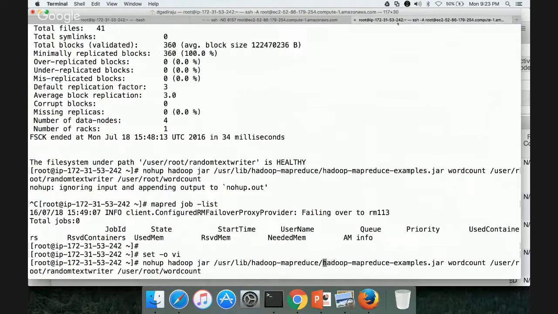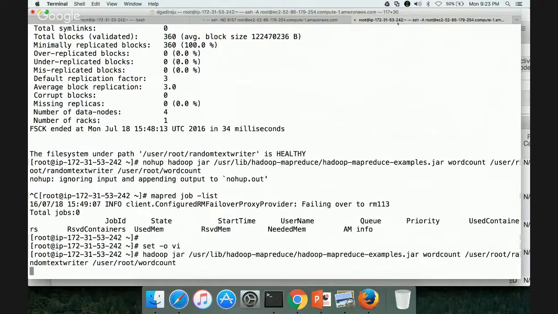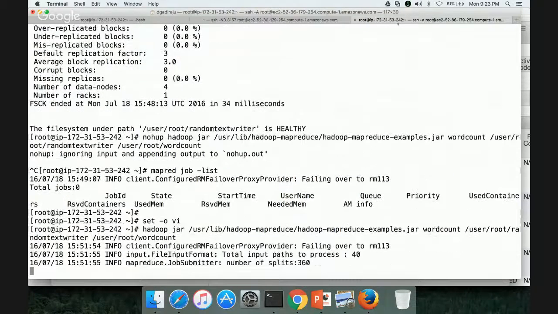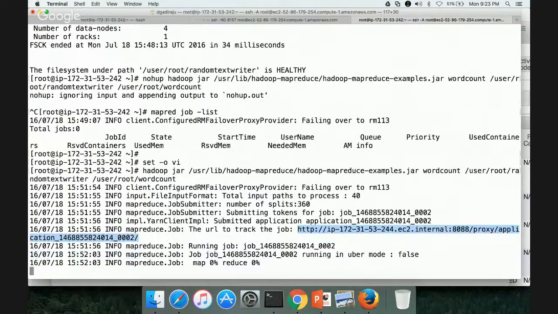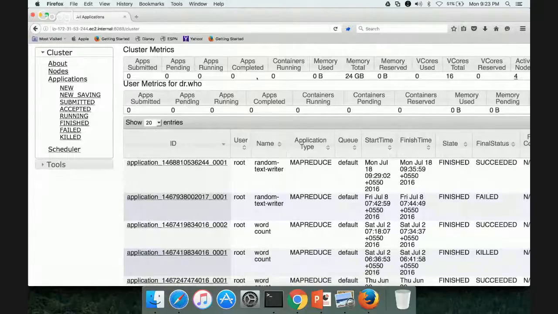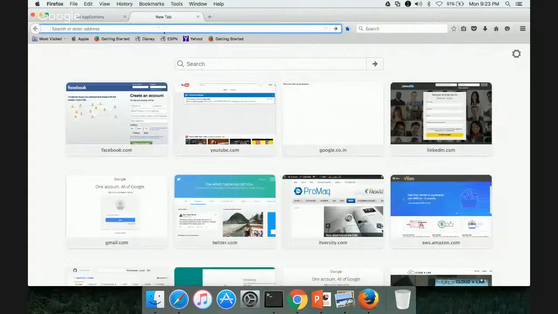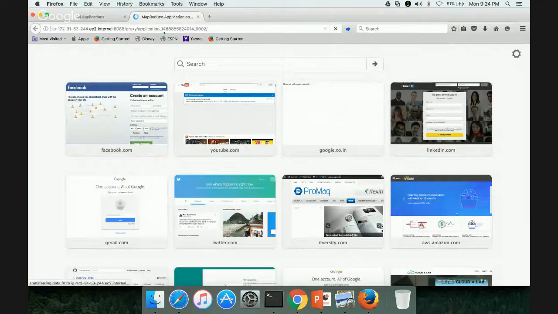So why I'm explaining all this is to build the case for the requirement of the schedulers. Now I ran this single job on the cluster, which requires 360 mappers. So now you can see that it is starting the job. It has generated the URL. You can copy this URL and go to the Firefox where the Foxy proxy is running and check the status of the job that is running